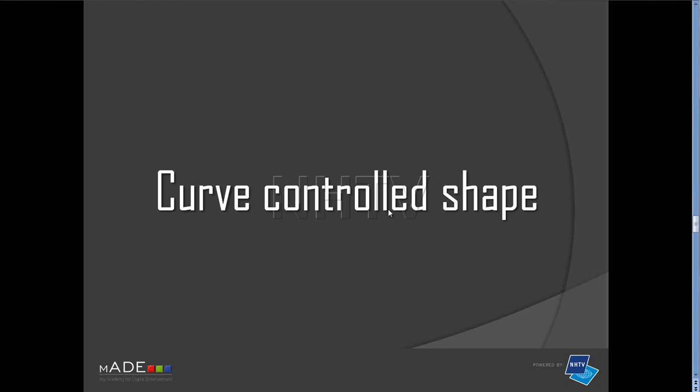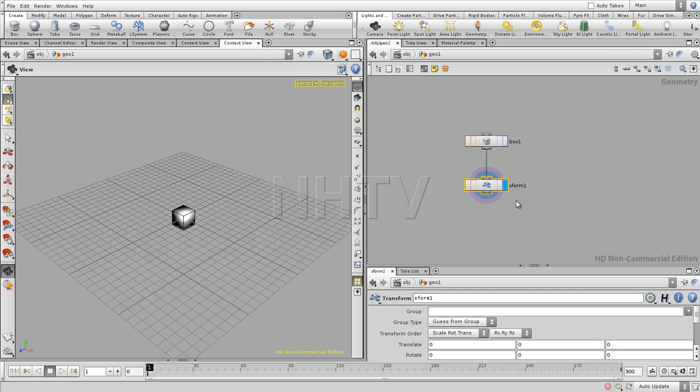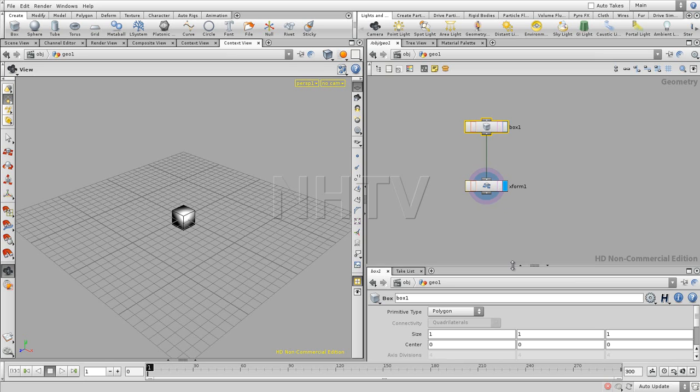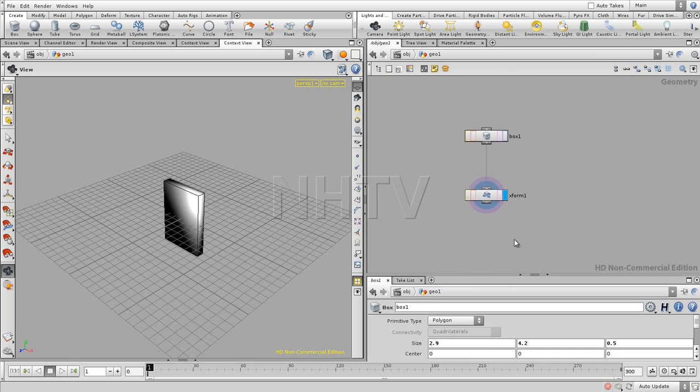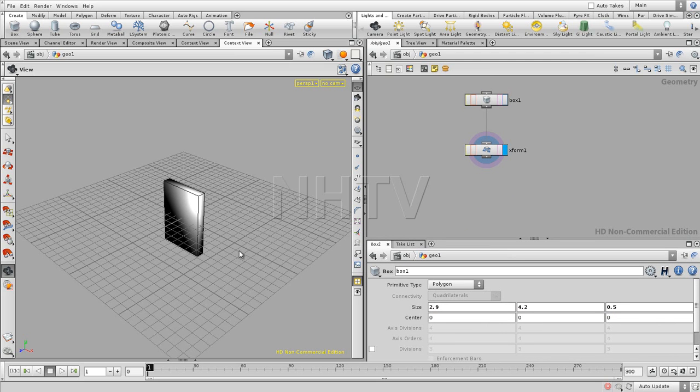Okay, so we're gonna start with some exercises, and we start off with something very simple. So we have this box over here, and we have a transform. What we're gonna do right now is make sure that this box has all kinds of different dimensions. And the idea right now is that you're able to normalize this shape so that it becomes a